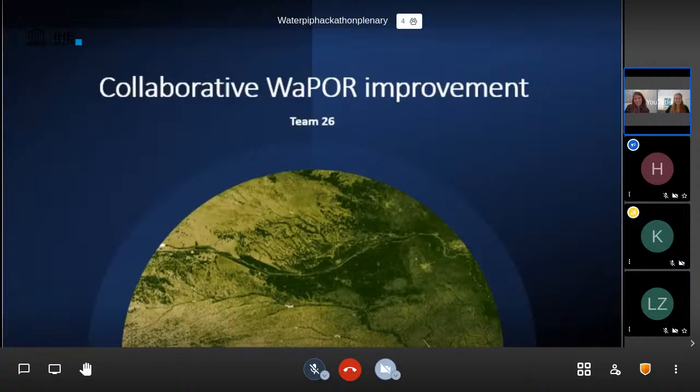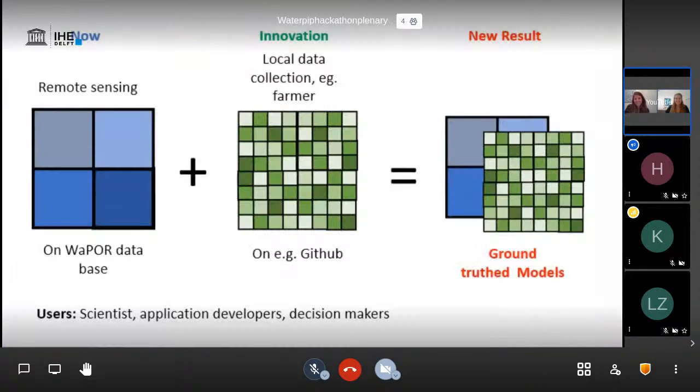Hello. The problem we solve. WaPOR models are often not calibrated to local conditions because they lack ground truth data. Consequently, the interpretation of these models may not be much better than a guess. Our innovation is to gather ground truth data using existing and deployed data collection systems, save the data in a well-defined, harmonized format to a widely accessible place so it can be used to enhance WaPOR data and models by scientists. Initially, we want to design and test with only one data collection system deployed and managed by our team